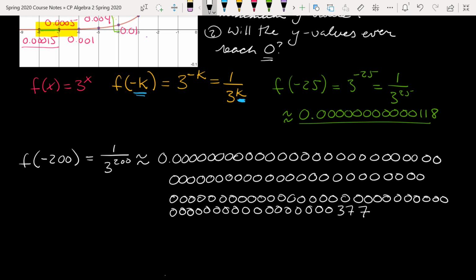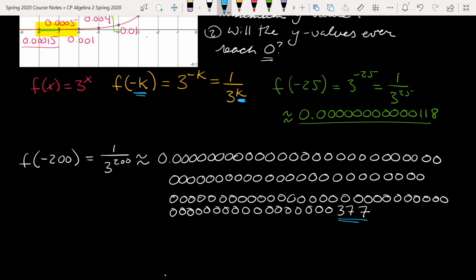This is the decimal approximation for that. It's 377 with 95 zeros in front of it. How big is this number? It's unimaginably small, which means unimaginably close to 0, but it is not quite 0, and this is an incredibly